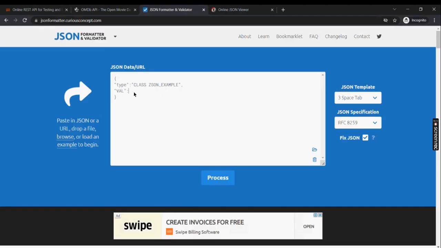So similarly, for this particular val, I want to specify it as an object. Now here, what is the object inside this val that I'm going to mention? I'm going to mention ZJSON_example, colon,